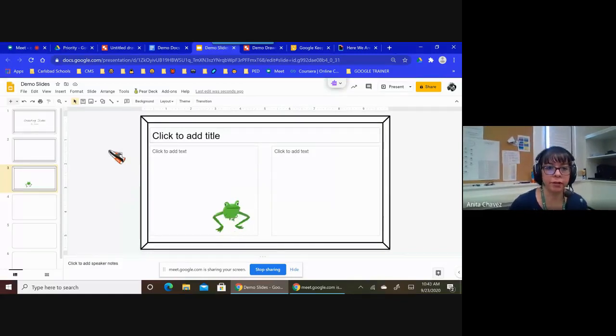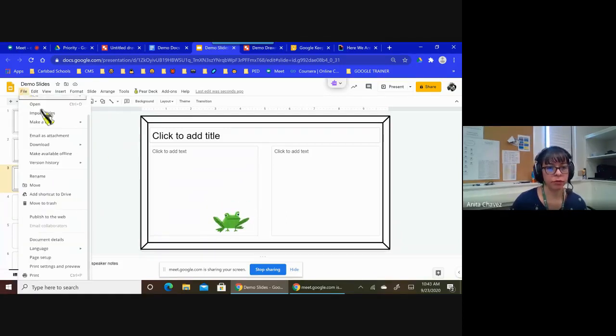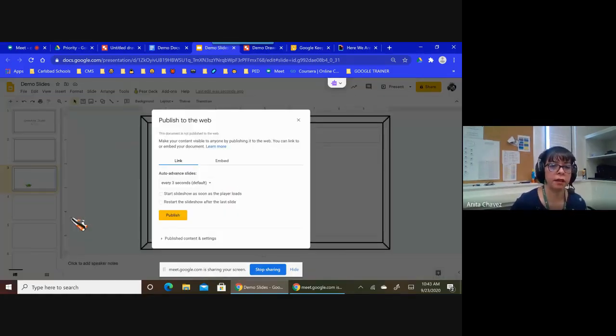All right, so just a couple more minutes on Google Slides and we'll go on to kind of going back and forth between drawings and slides because they're so similar, but let's see. If you want to publish the slides, you have that option to publish to the web. And when you do that, that means you're allowing pretty much anyone on the web to see it. You could also publish it to our district. So if I click that,